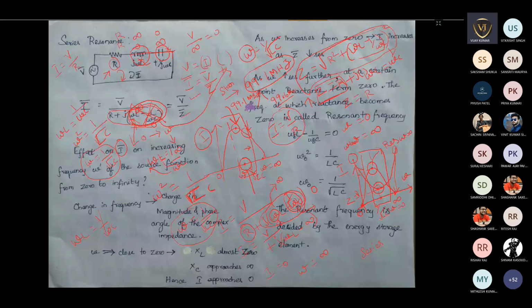If you are going to 99.15 megahertz, your channel will look like a distorted one. You may not get a clear picture, or you cannot get clear video. It is happening because the signal strength is reducing when you are going to any of the other frequency sides. Only at that particular frequency you are getting maximum strength. Other than that particular frequency, you are getting reduced signal strength for the particular channel. So this will occur only at the resonant condition. We are tuning the channels based on resonant condition.